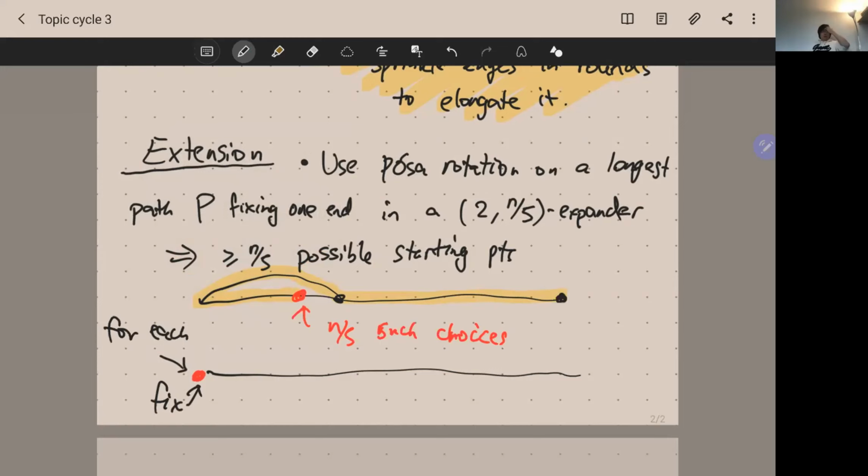Right. So far we've only done one-sided Pósa rotation. We always fix one end. This is the black vertex on the right in the first picture. Then we get n over 5 possible choices of starting point. Now for each one of these red starting points, we're going to fix the left end, and we do the rotation from this side. Okay. Then that means for each